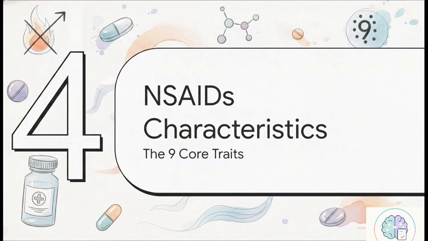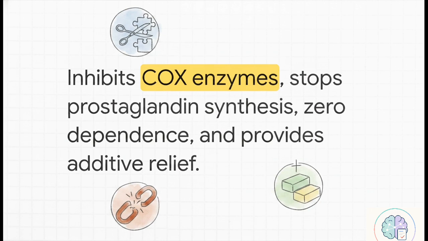All right, Section 4, NSAIDs, specifically breaking down their 9 key characteristics. Let's start with characteristics 1 through 3. At their core, NSAIDs work by inhibiting the cyclooxygenase or COX enzyme, which effectively stops the synthesis of prostaglandins and thromboxanes in their tracks. Almost all of them are administered orally, with the notable exception of ketorolac. What makes them so incredibly valuable clinically is that they cause zero physiological dependence, and even better, they have a highly beneficial additive effect. This means they stack their pain relief perfectly alongside opioid analgesics, giving your patient a really